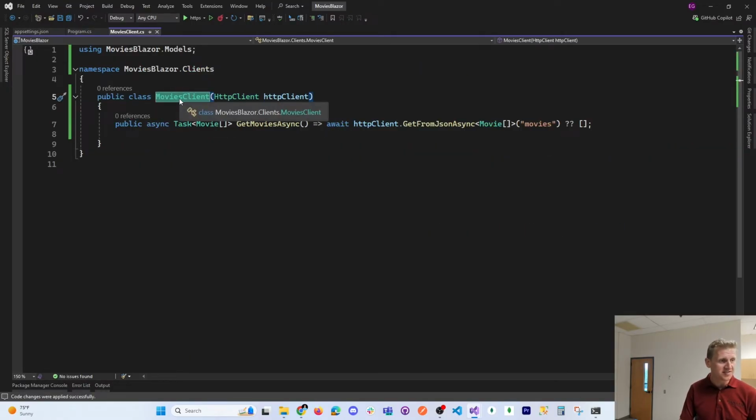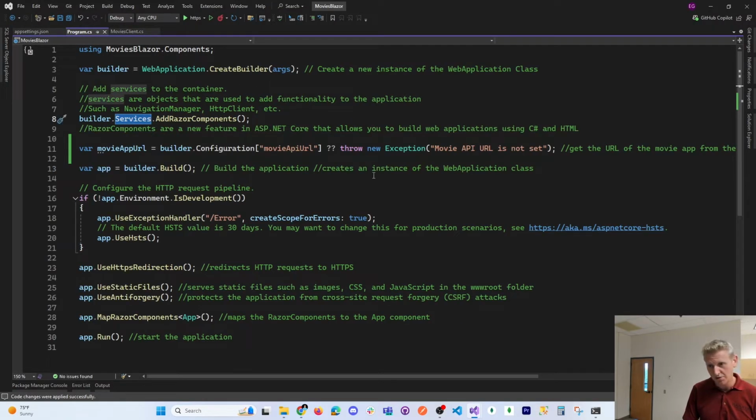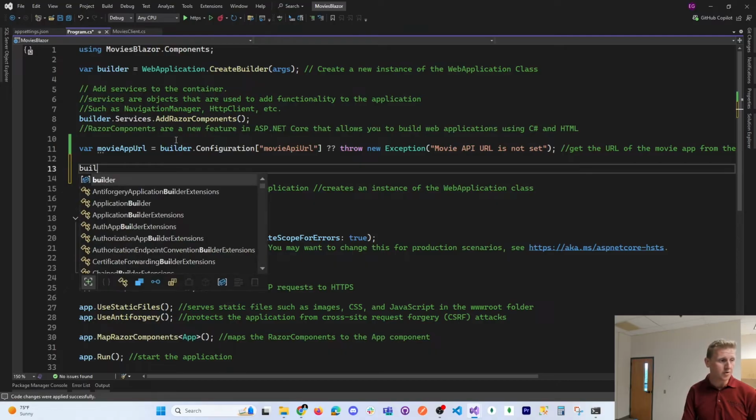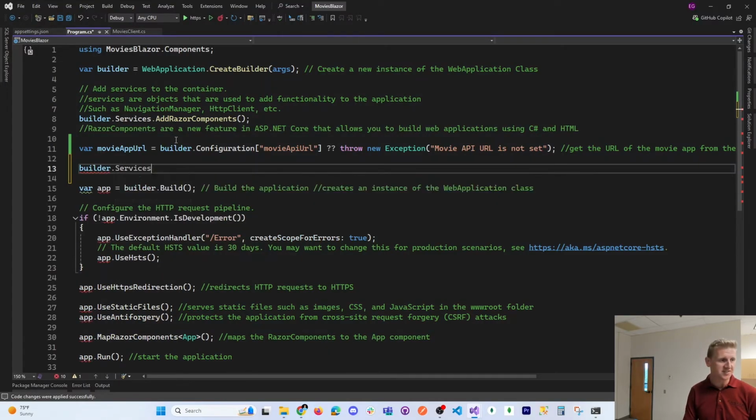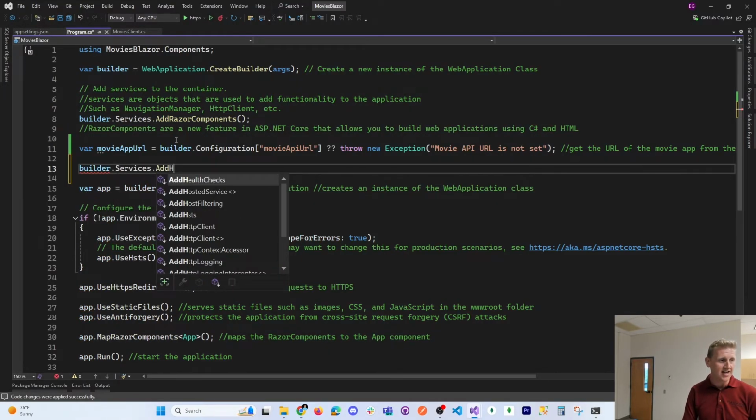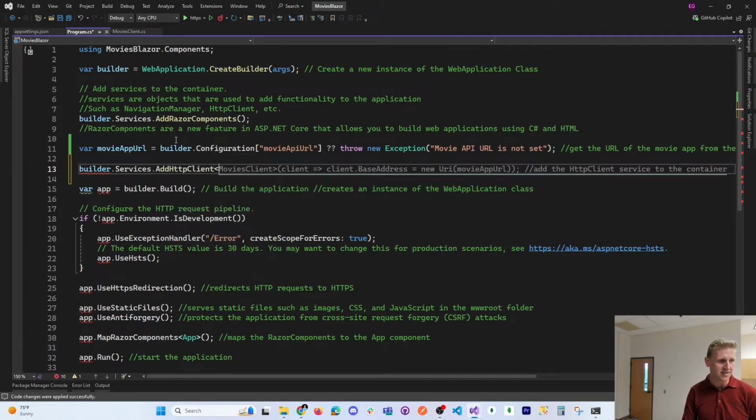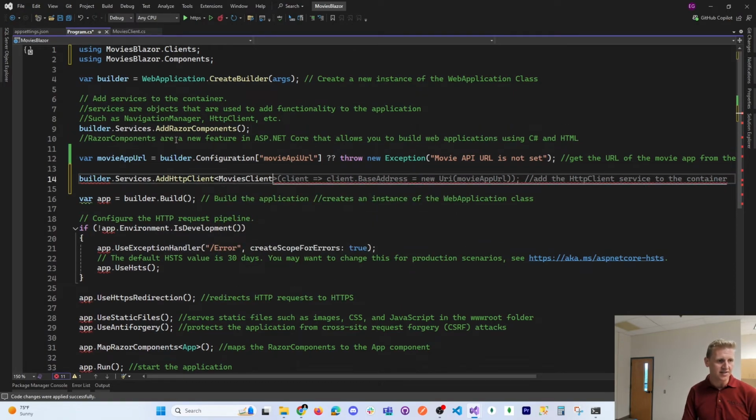So here's this type of movies client, and let's write this line of code after our variable here. We're going to do builder services dot add HTTP client called movies client,